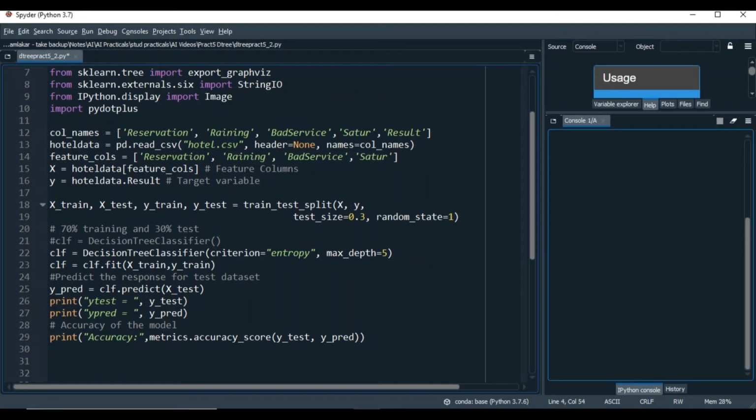In machine learning, it's a regular practice to divide the data into two parts: training data and test data. Training data is used for building a model, and then the model is used on test data to predict the results. For this, I'll be using the train_test_split function. The first 2 parameters represent feature and result columns.